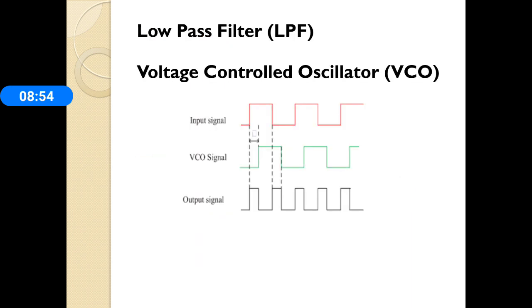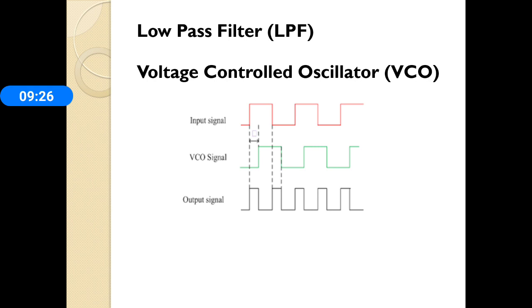Next module is the low pass filter. The low pass filter is used in the PLL to get rid of the high frequency components in the output of the phase detector. It also removes high frequency noise. All these features make the low pass filter a critical part of the PLL and help to control the dynamic characteristics of the entire circuit. The dynamic characteristics include capture and lock range, bandwidth and transient response.